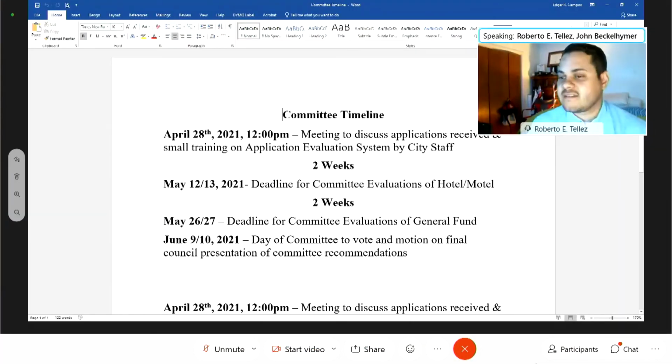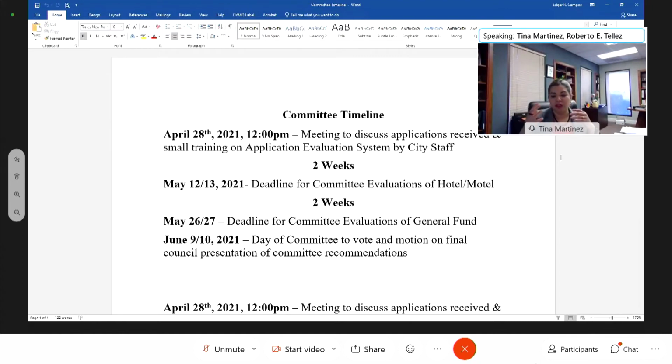Let me give you some brief information or some food for thought. Basically, what I presented you right now was an estimated timeline of giving you 2 weeks to evaluate it. What 2 weeks of evaluation means is that, let's say the first batch is going to be hotel motel. And we mentioned that we get about 12 to 15 applications with all the attachments you saw. It's going to be electronically. We'll give you the access. Like on April 28th, we'll give you all the information on how to access it,